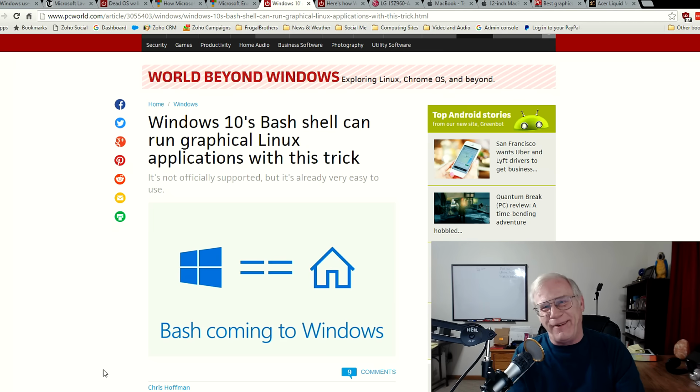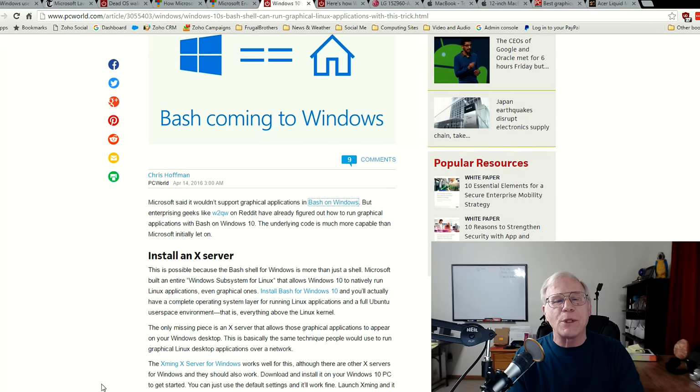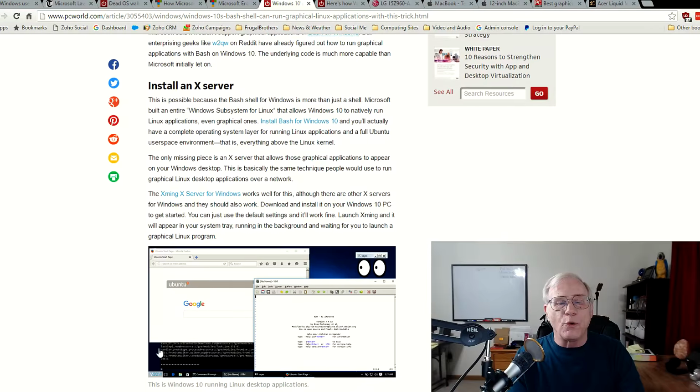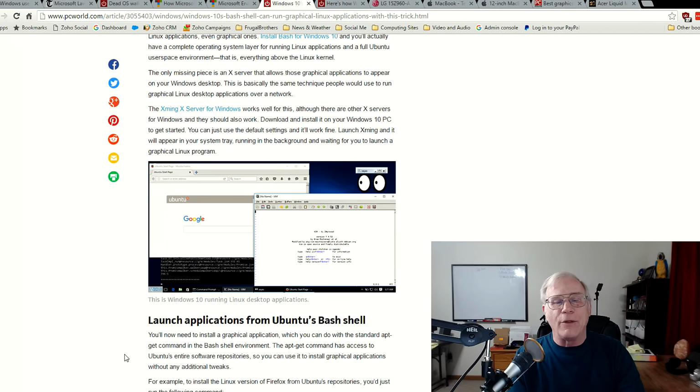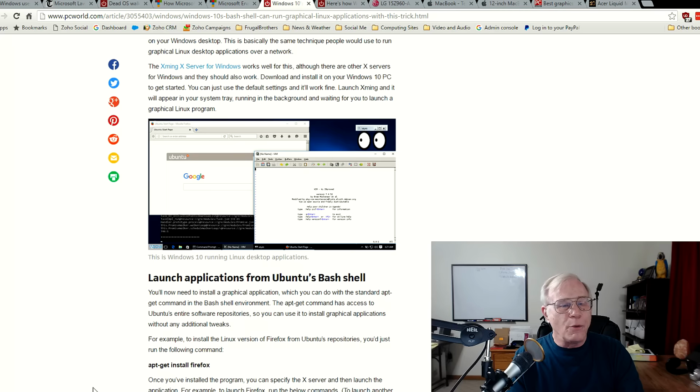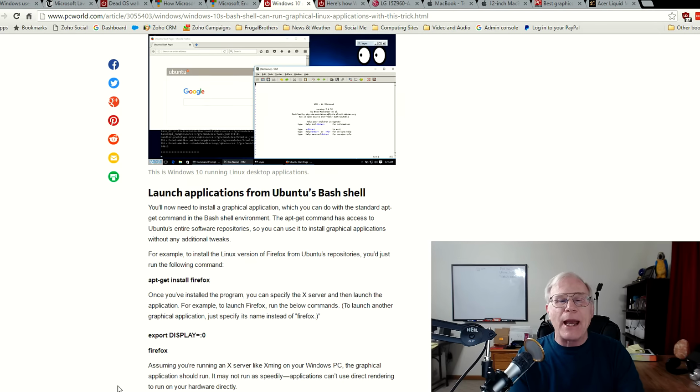ta-da, already done. Didn't take long, did it, folks? But basically, you have to install Xserver in this system, and then you can start to launch applications in the shell. And they actually got Firefox to run graphically in the Linux shell with the Xserver on here, which is, as I understand, a form of a Windows display type of driver. And they got it up and running. But as I said, it was a bit unstable, but look for things to improve somewhere down the road. It's not exactly as speedy as possible.